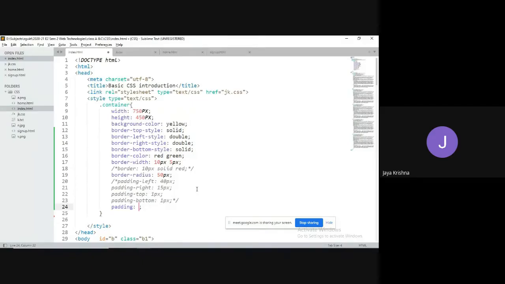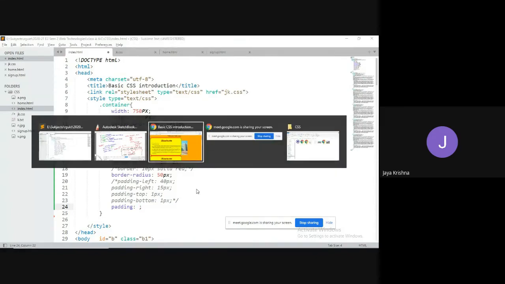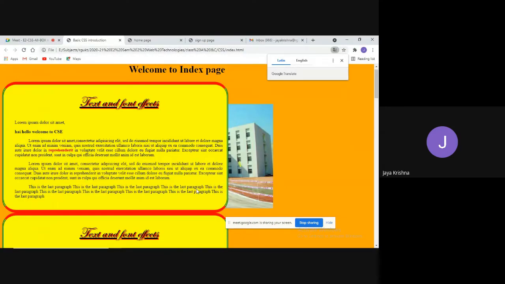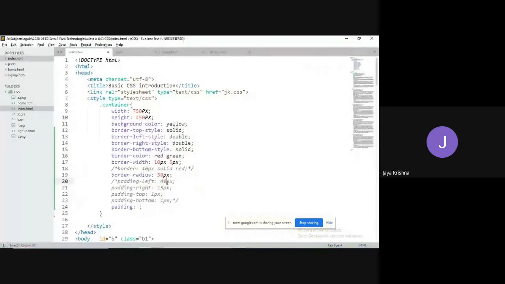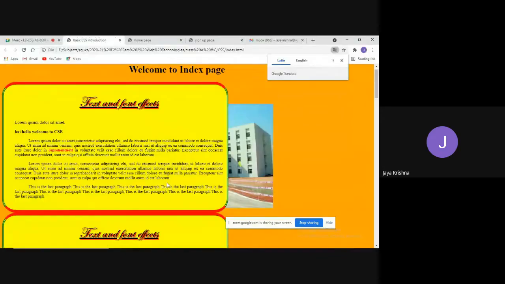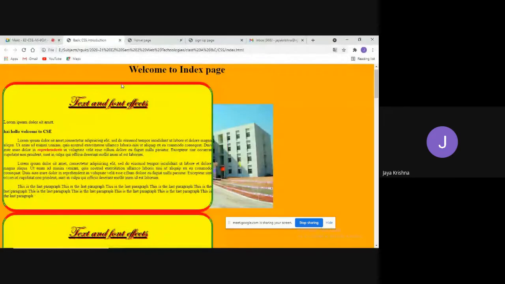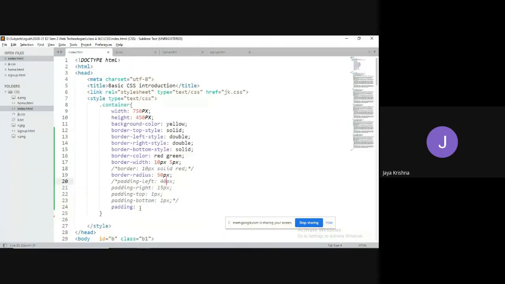I will go with 2 values because I don't want to change. Observe, as I made comment, I got this structure. I don't want to modify the values for both top and bottom, but I want to change the values for right and left. Then I'll go for 2 values.